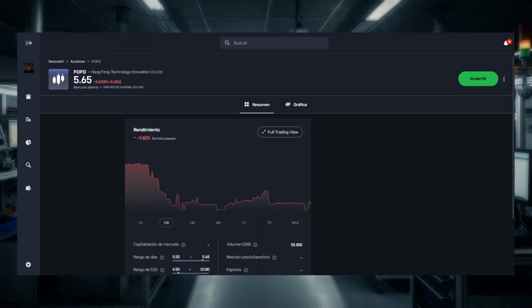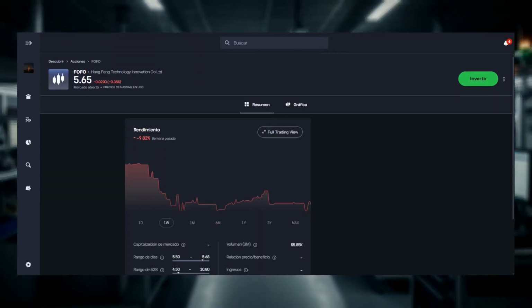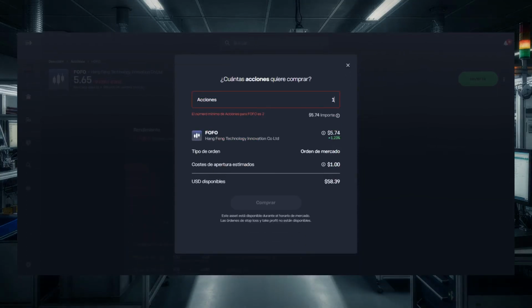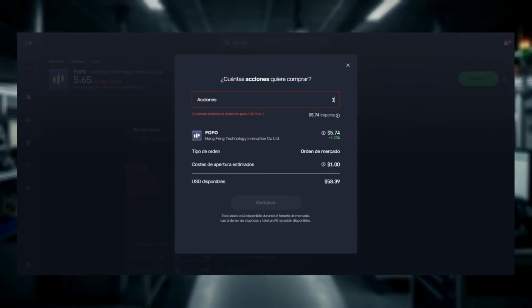Open the stock page to review basic company information and the price chart. Confirm the listing matches Feng Technology Innovation County Limited and displays the FOFO ticker. Tap or click the Invest or Trade button, enter the amount you want to buy, then carefully review and confirm